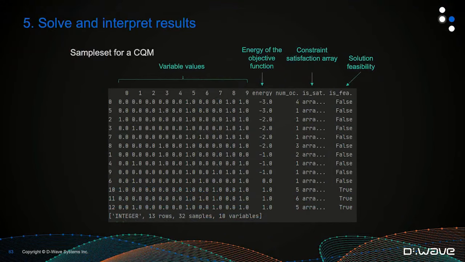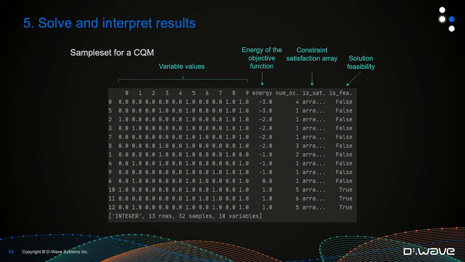All right, so now I'll take a quick look at what we can expect to see when the CQM solver returns a result. So I mentioned that the CQM solver will return the best solution that it found, as well as the intermediary solutions.